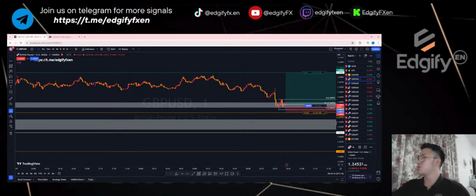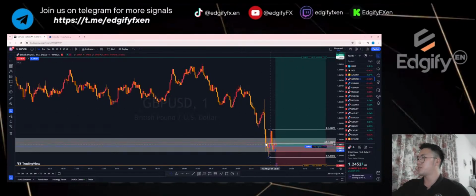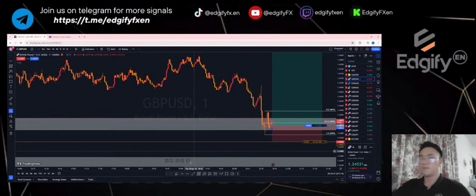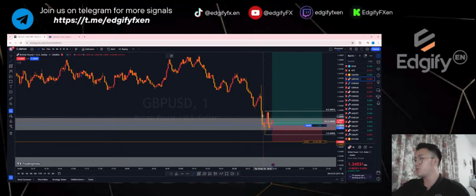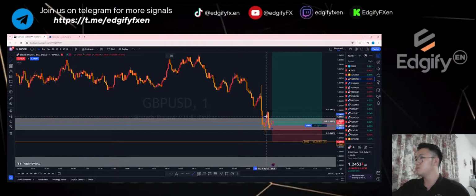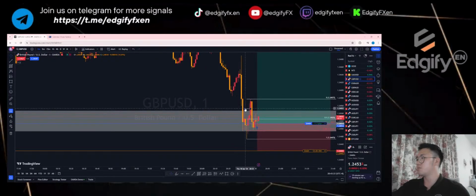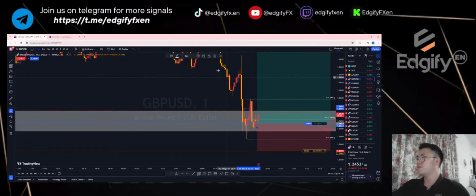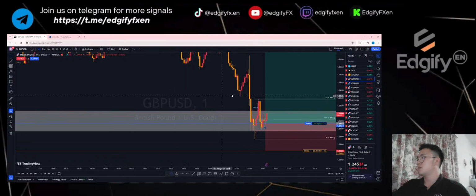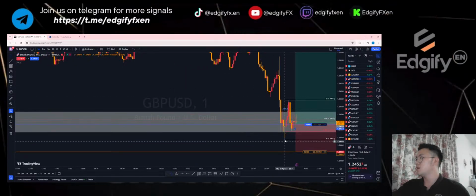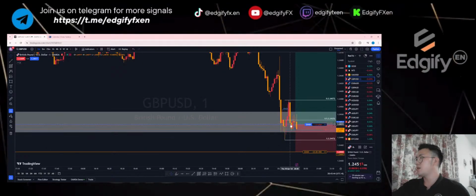Currently it's at my first zone, which the price tapped in after the news. And I'm using a slightly aggressive entry by using this final bearish candle, this bullish candle here. Because this is coming down, I need to use a bullish candle. This is the bullish high. It broke above. We have a break above here, coming down, we take this final candle, broke above, a fib from here to here, entry at the 618.